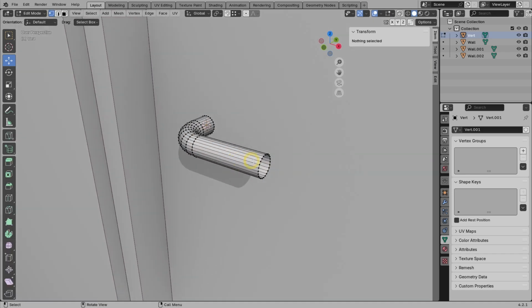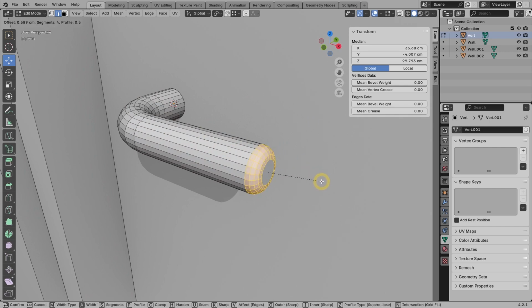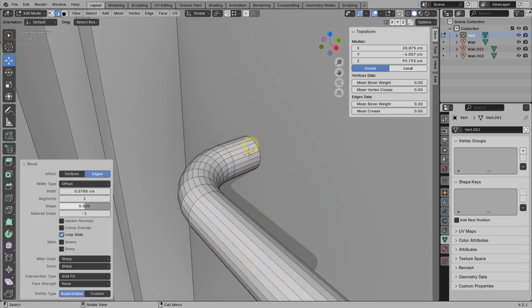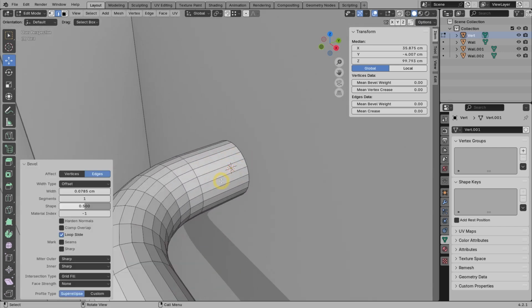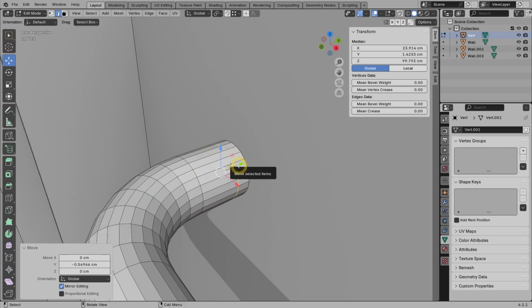Select all the edges in its border area, then press F to close them. Let's also add a bit of bevel to make it more realistic. One segment should be enough. Okay. At the base area, we can press Ctrl R, snap this to the end first. Then we move this edge loop about 7 mm. That should be enough.